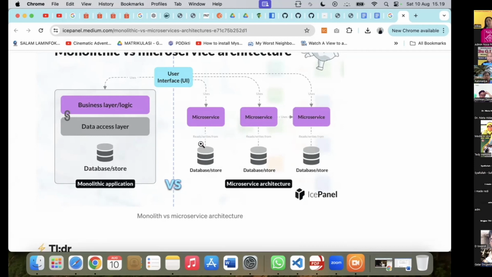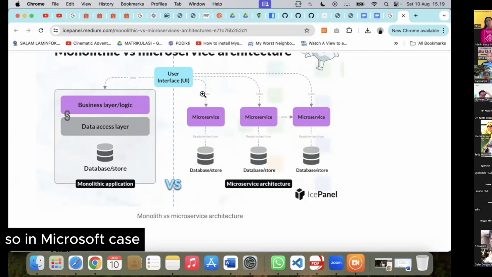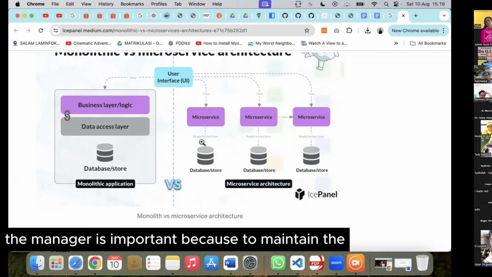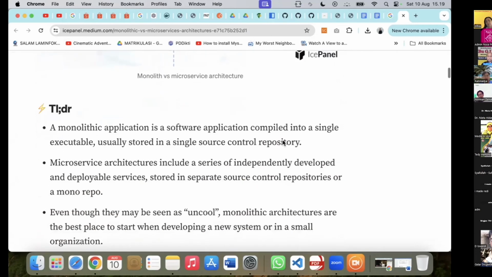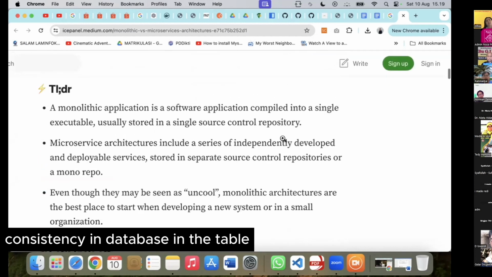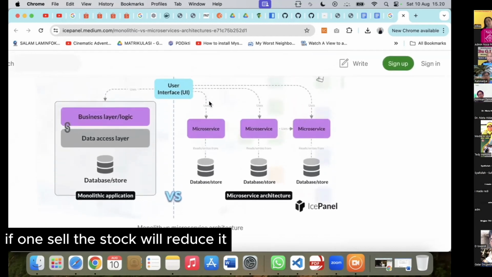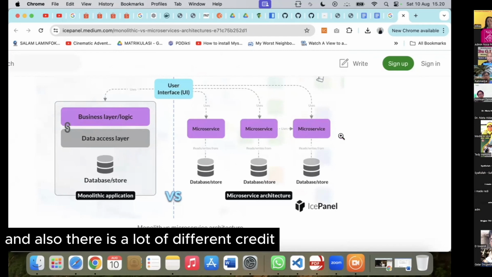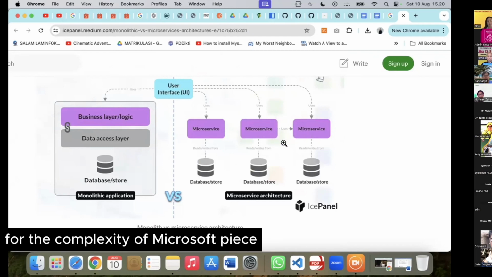So in microservices, the manager is important to maintain consistency in the database, in the tables. If one sells, the stock will reduce. If we buy, the stock will increase. So this is microservices, and there is a lot of difference in the complexity of microservices.